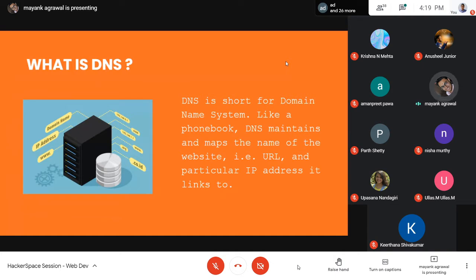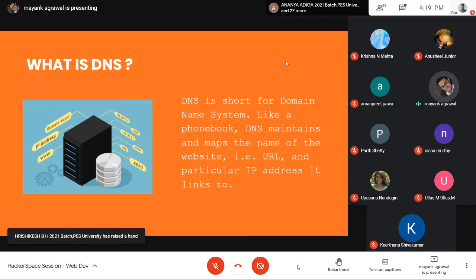So what is DNS? DNS, you can say, is like a phone book, because what it does is map every URL that you give to a specific IP address. And that IP address is used by the browser to get access to the web server. Say you have a domain name.